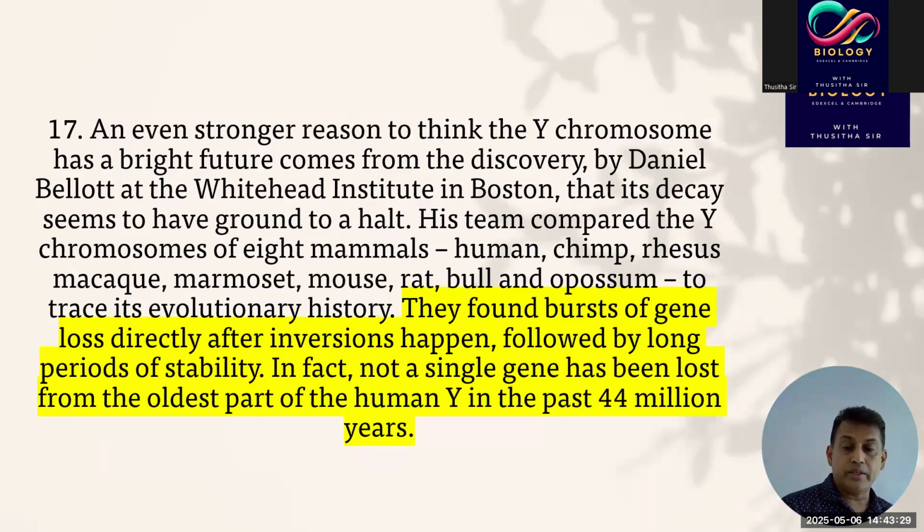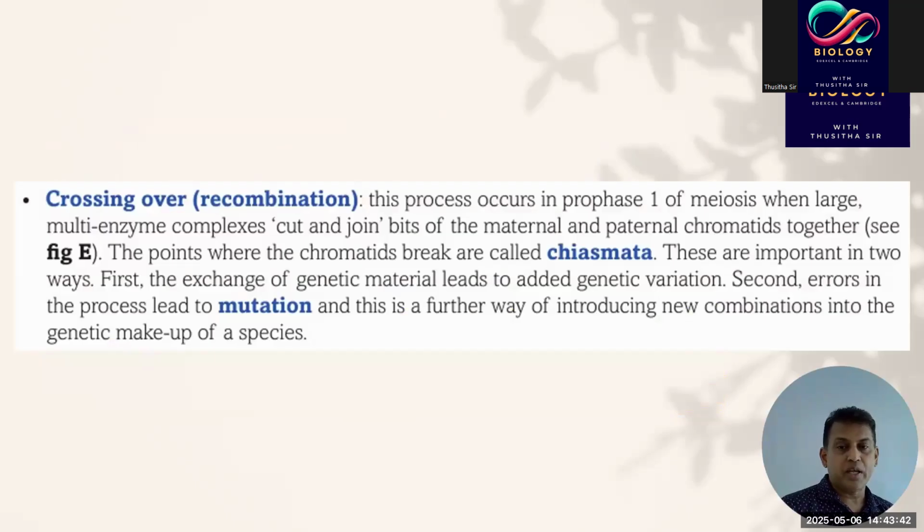So again, they found a burst of gene loss directly after an inversion happened, followed by a long period of stability. In fact, not a single gene has been lost from the oldest part of the human Y in the past 44 million years. Now, here I'm taking the A's textbook lesson, not A2, A's textbook lesson. During crossing over,